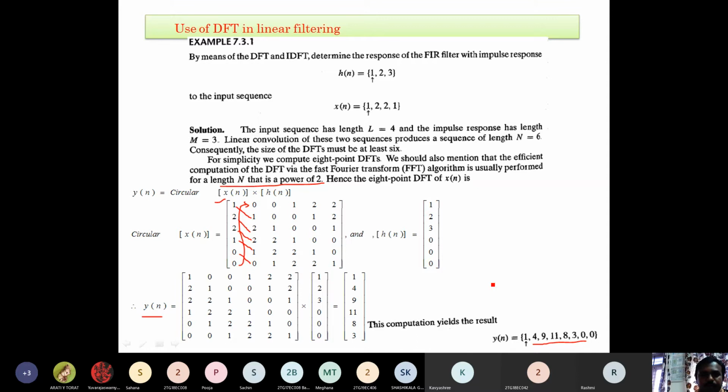And we practice these examples in the lab experiments also. If you have a doubt whether the calculation I am doing manually is right or wrong, whether y of n is equal to this or not, you just give it to the machine. The machine is going to perform the calculation and return the answers, and you compare the machine results with your manual results.